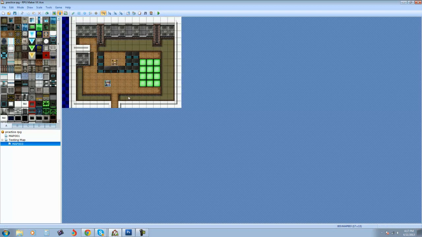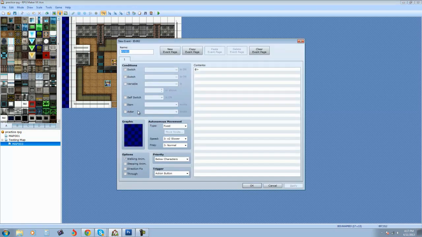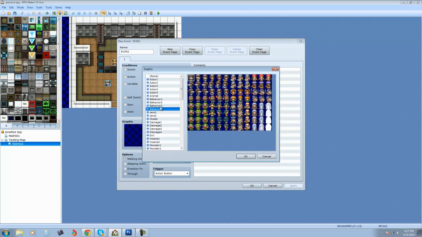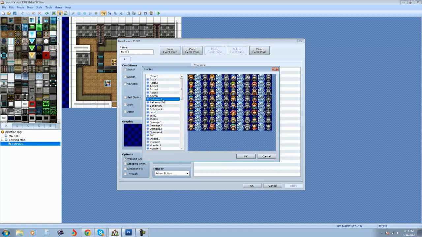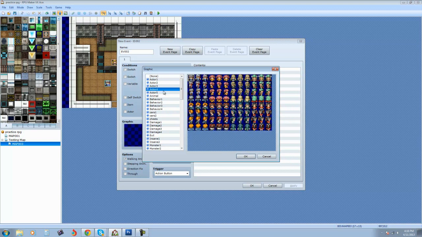So back to the event tab, I'm going to create this right here. We're going to say right click and new event. We're going to pick a graphic for our female. So I'm going to pick this one right here, the girl standing away from the screen because she's going to